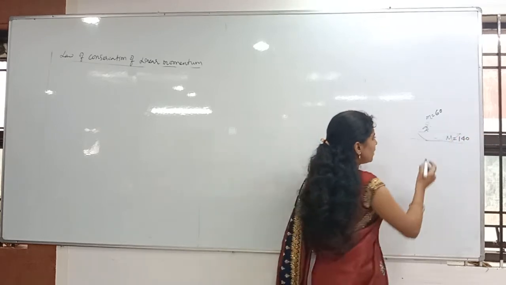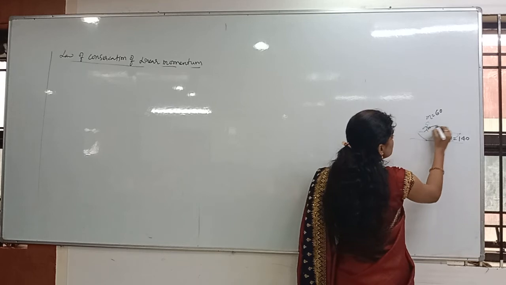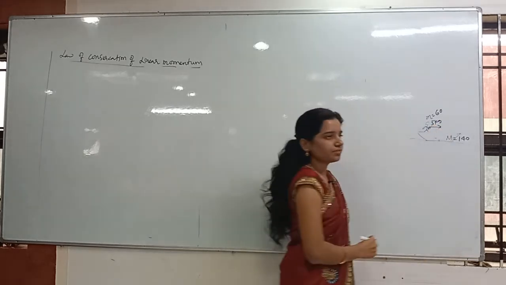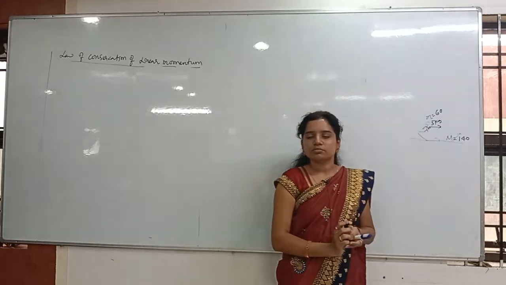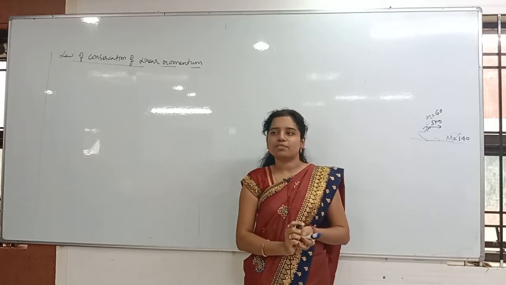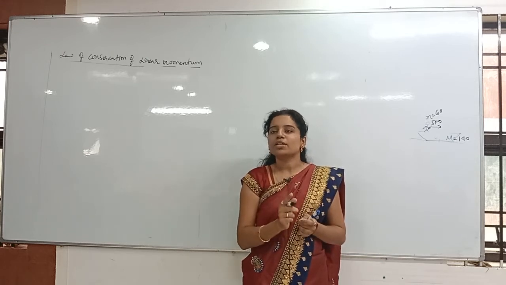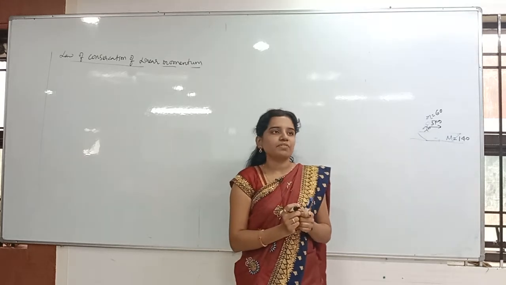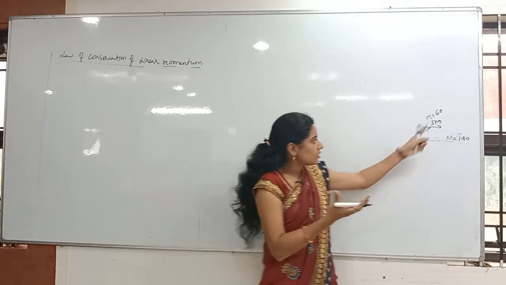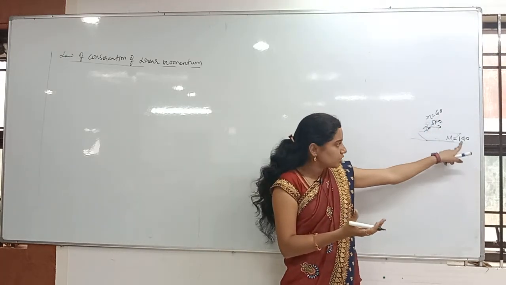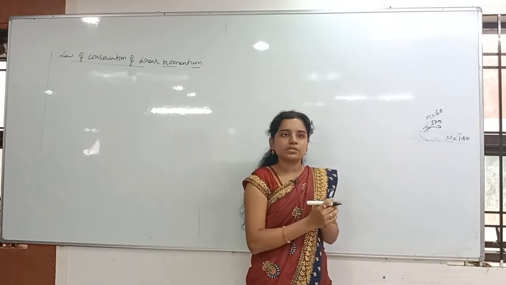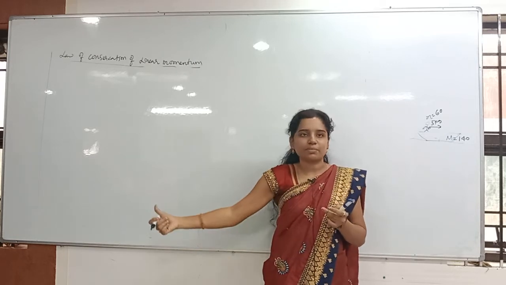So here what is the man doing? He is throwing a 5 kg stone in the forward direction. Then what happens? The boat and man will move backwards. For example, we are standing on a skating board. The man's mass is 60 kg and the skateboard's mass is 140 kg. We throw some object in the forward direction, then the person and the skateboard both will move in the backward direction.